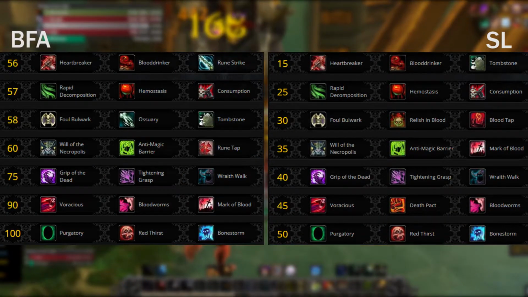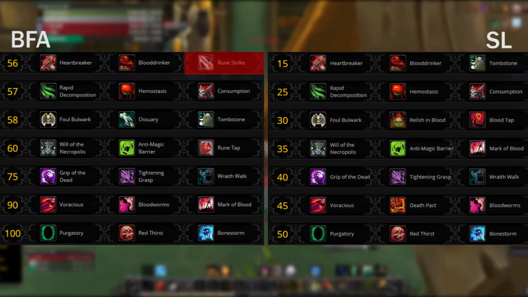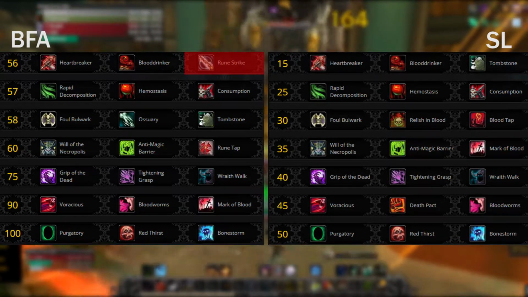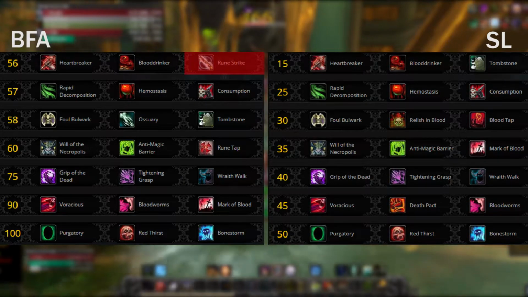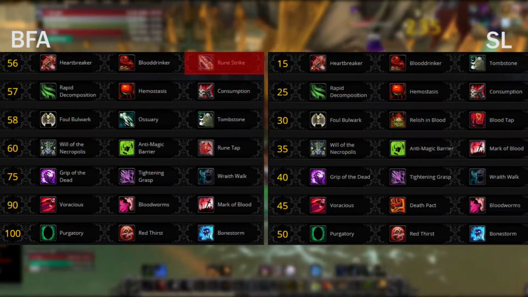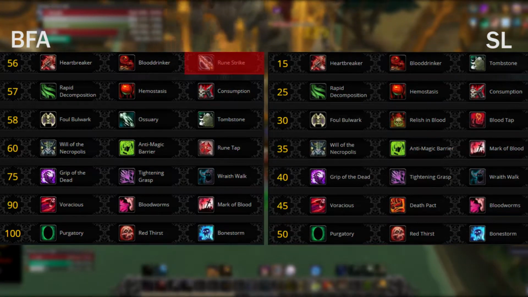Moving on to the talents, there have been a few changes, and the first one notably is on the first row, where Rune Strike has been removed. Rune Strike was okay, however the iteration that they put into BFA really wasn't significant and generally was not taken. It felt a little bit underwhelming when you started using it, and sure, it had its place and its niche. But it really got outclassed by Blooddrinker, and it really got outclassed by Heartbreaker, so